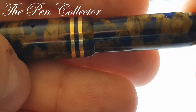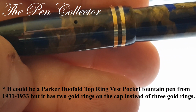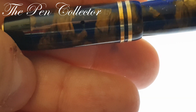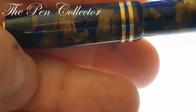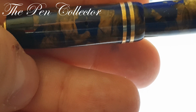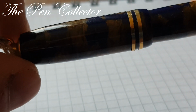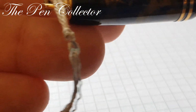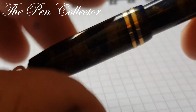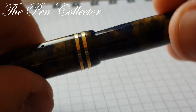The cap has these beautiful gold rings and one breather hole you can see here, and another breather hole here. It was a special design trait of the models from the 1930s, 1940s to equalize the ink pressure. At the end, we have also this black celluloid, and the gold ring with this string attached to it. The cap unscrews